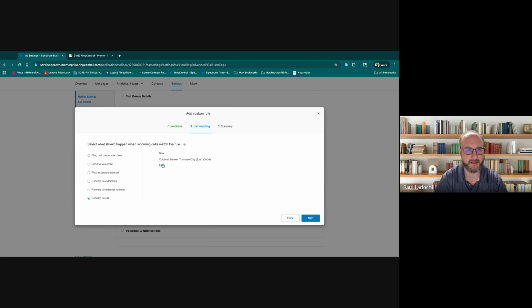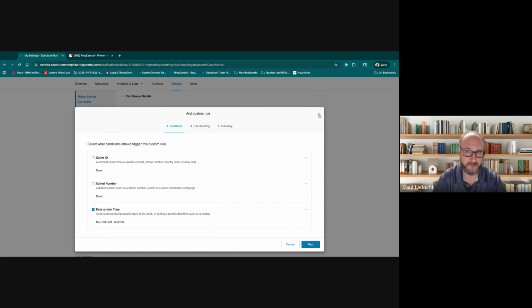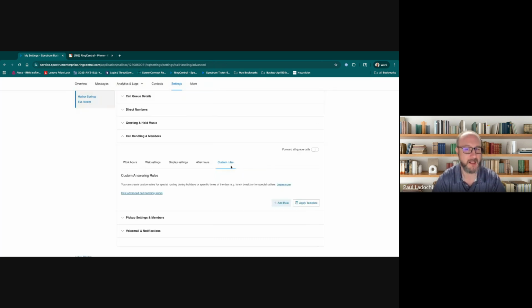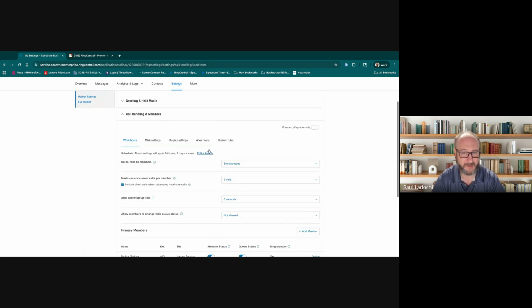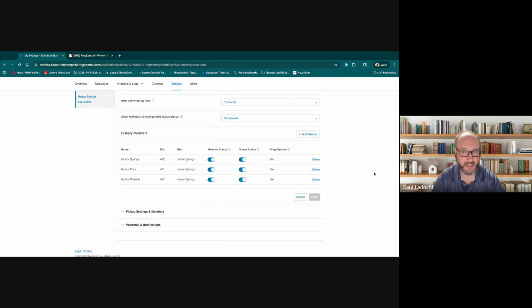It will not allow us to do multiples there, but that's okay. We can do it a few different ways too. If you want your phone to ring and also ring at another office, and it's only for the day, that's where you could go into this, add them as a member of your site,